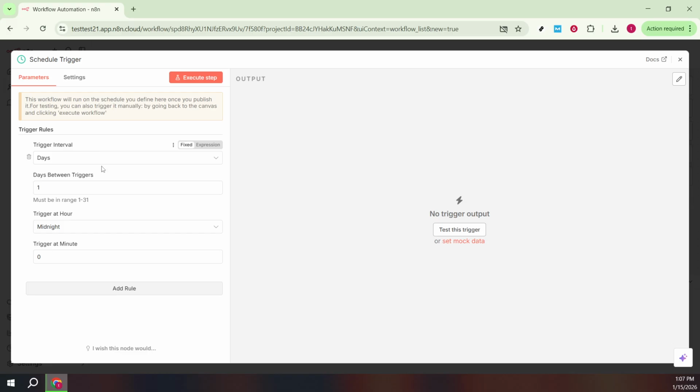Next, specify the number of days between triggers. For example, every 1 day for daily posts or every 7 days for weekly posts. Below that, set the exact hour and minute you want your workflow to fire. Make sure the time zone settings in your N8N instance match your intended audience so posts align with the right